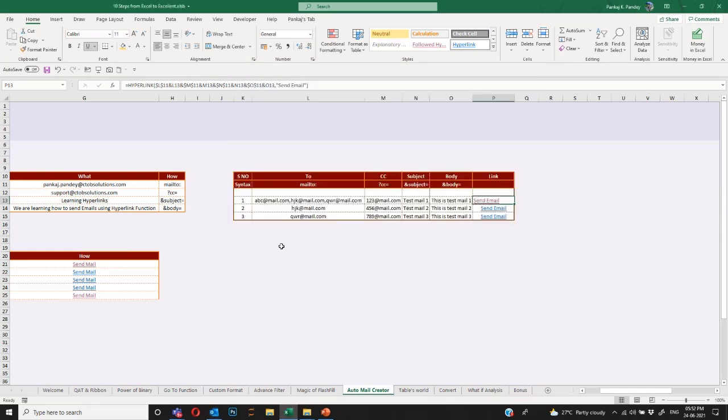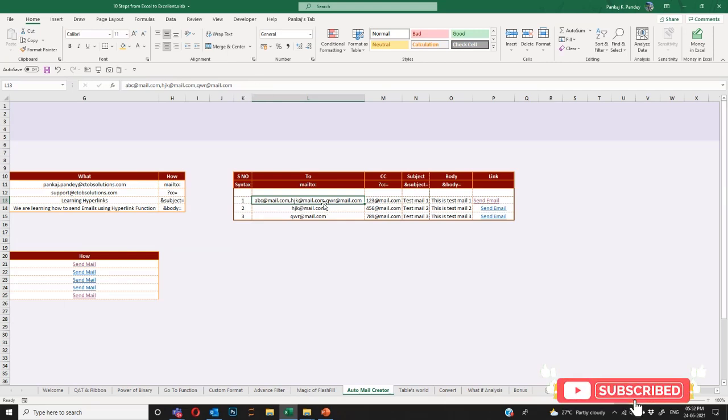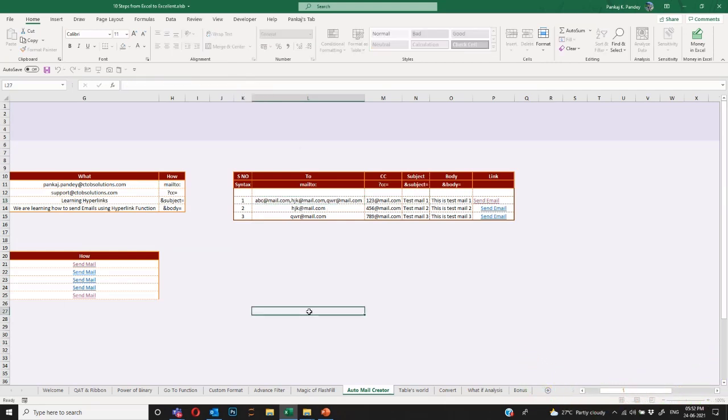Using this HYPERLINK formula, unfortunately, you cannot attach the attachment; that is something you will have to do manually, but it will still save a lot of your time because with just one click you can create this kind of template, and your mail will be drafted. If you have to manage any changes in the distro, you don't have to remember it every day to add that person. You simply add it here and then you can use this template.